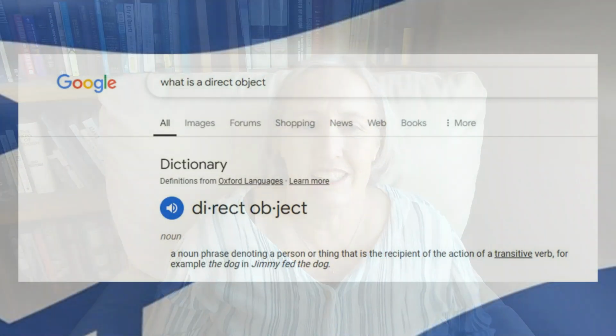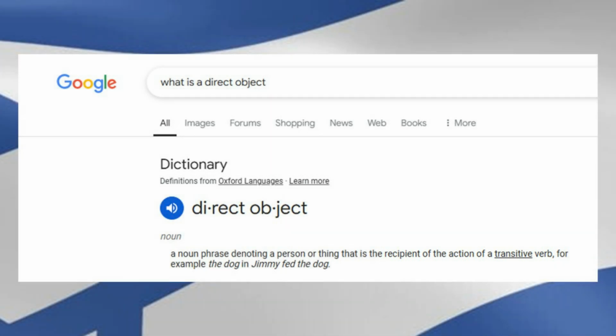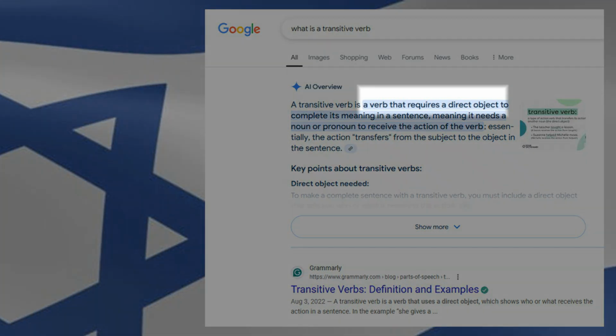But when it comes to direct and indirect objects, the definitions are really murky. No lie. If you Google what is a direct object, you will get the answer: it is the recipient of the action of a transitive verb. And if you Google what is a transitive verb, you will get the answer that it's a verb that must take a direct object. Thank you, Circular Reasoning, for warning me that this next part is going to be a little messed up. I think this is the best that they can come up with